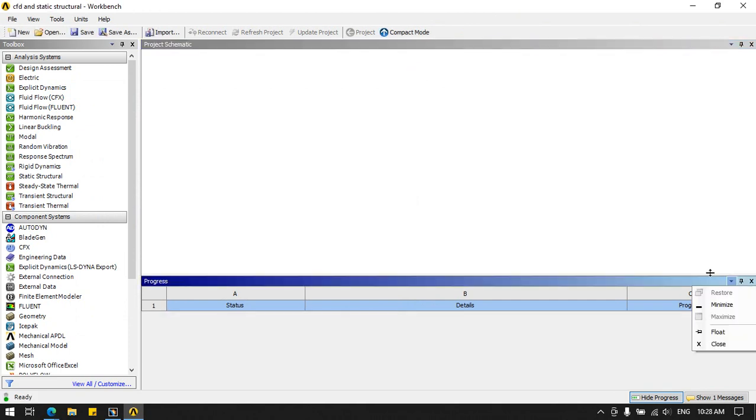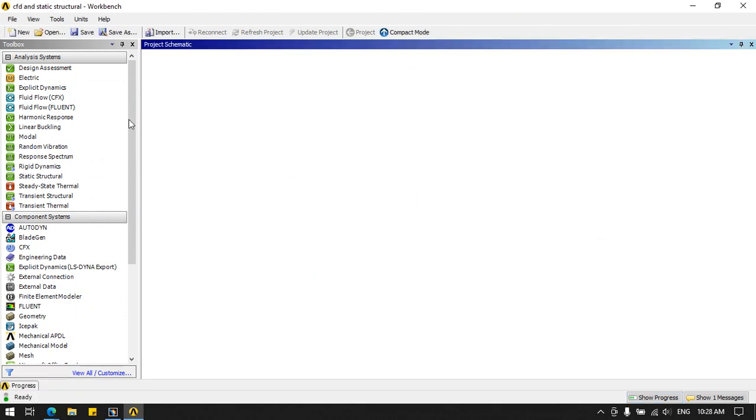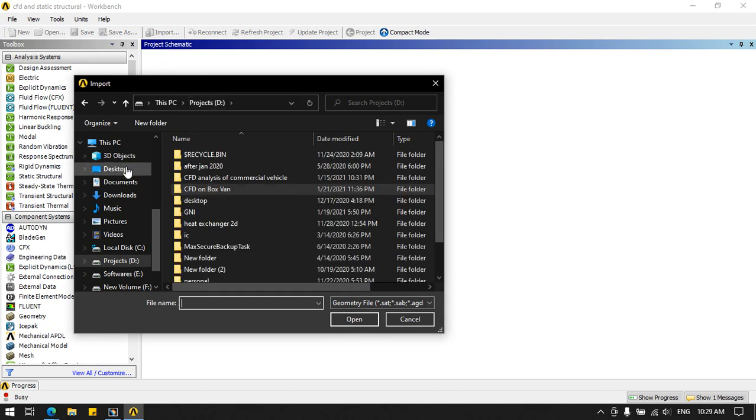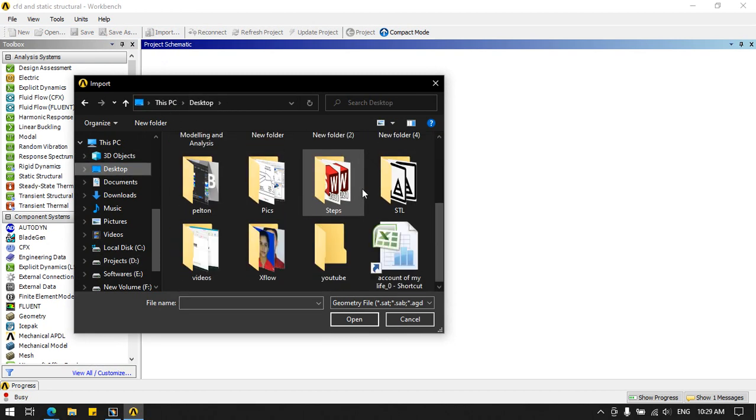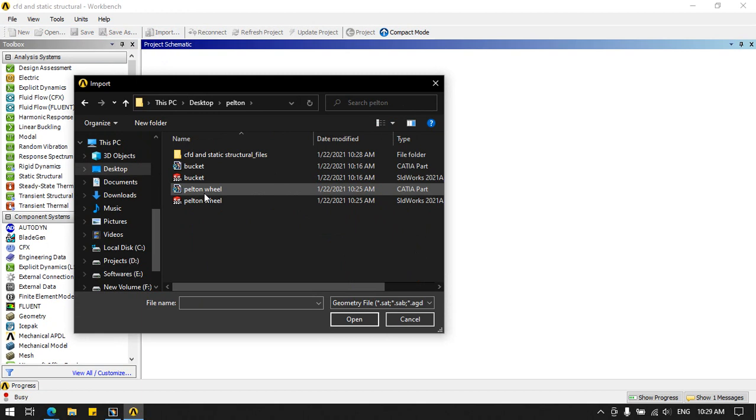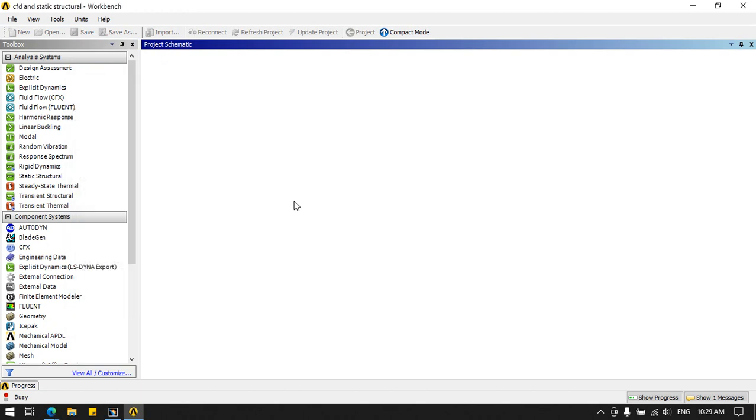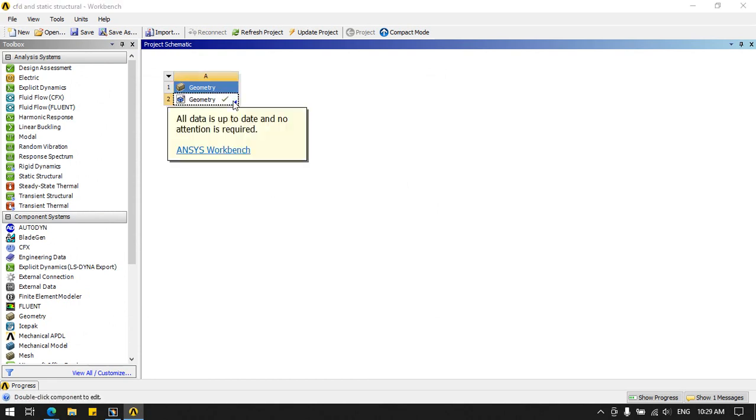Okay, once it is done, now I'm going to select this, what we call import. First we need to import the model. First I am importing the bucket. So click on the geometry, right click and select edit geometry so that we can